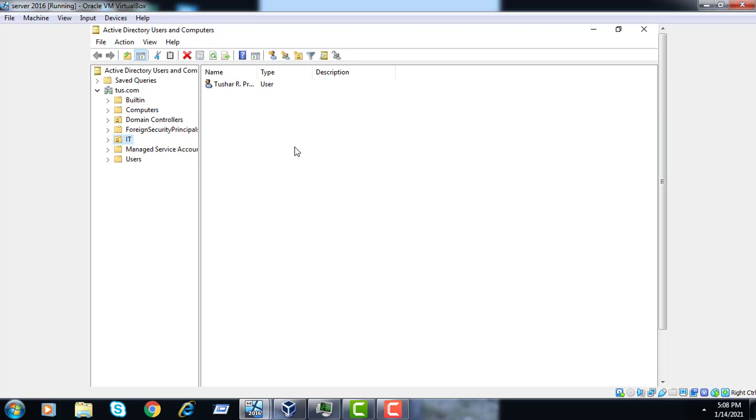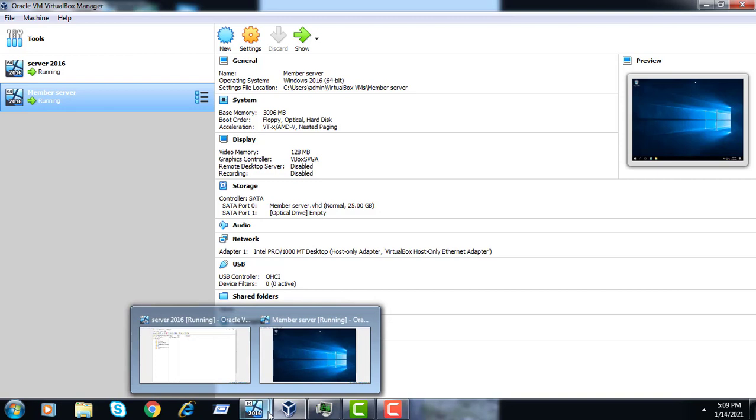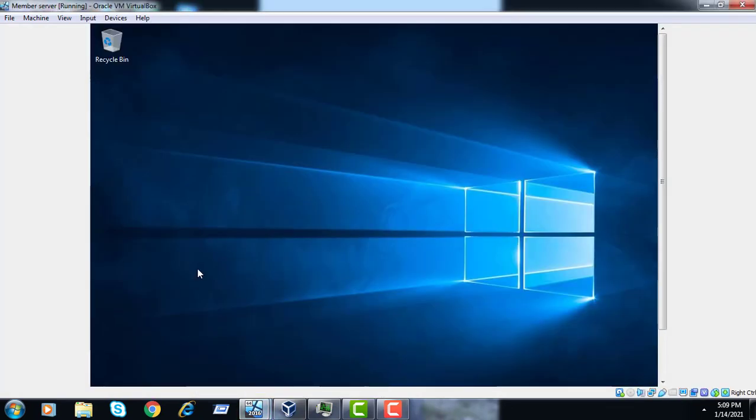Suppose we include one more user, the group policy will be automatically assigned to that user too. But right now we are checking only one user, and you can see the Tushar1987 user is already logged in, and you can see the recycle bin icon on the desktop.